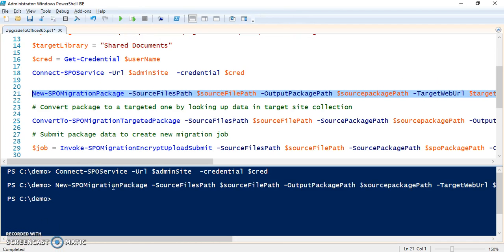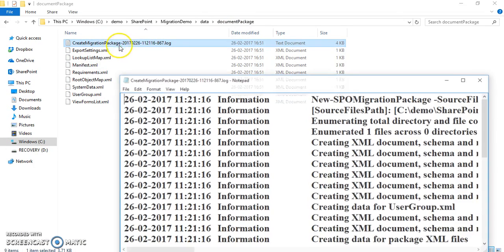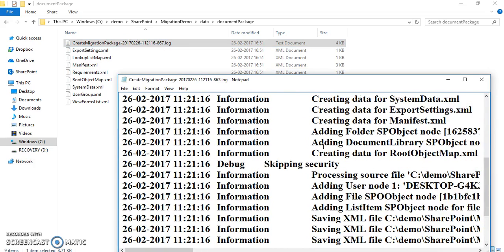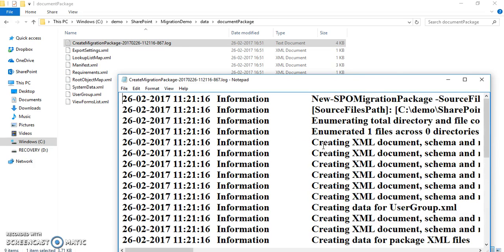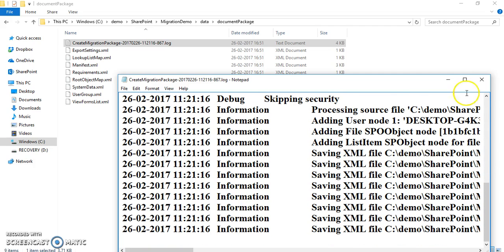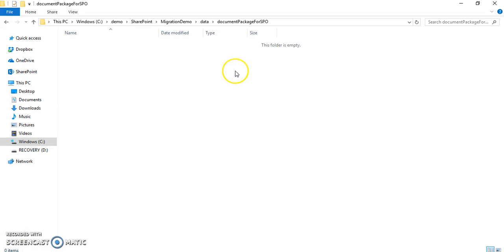The command has run successfully, and if we go to the document package folder, you have a log file indicating all the steps which have been gone through. It stores all the metadata of the file, also who created it and the time it was created, and all the information is logged in the log file, and all the details are stored in an XML format containing the user information and other details. Next, we need to call the ConvertTo-SPOMigrationTargetedPackage, which will start the conversion process,